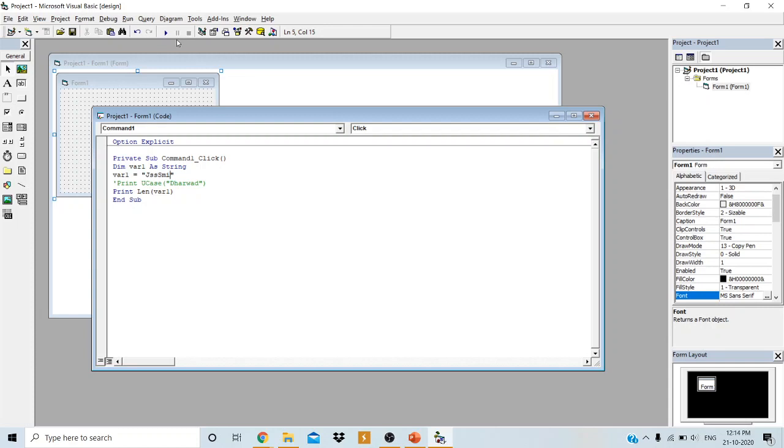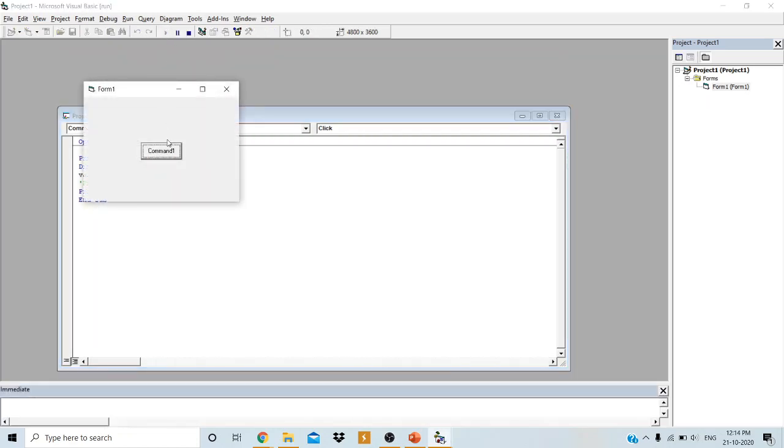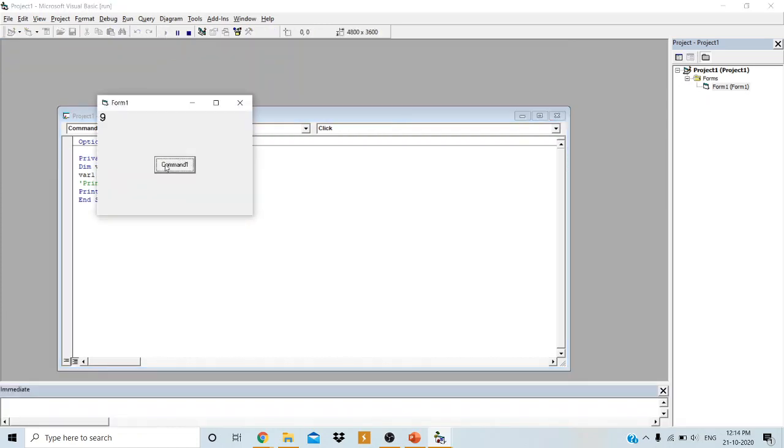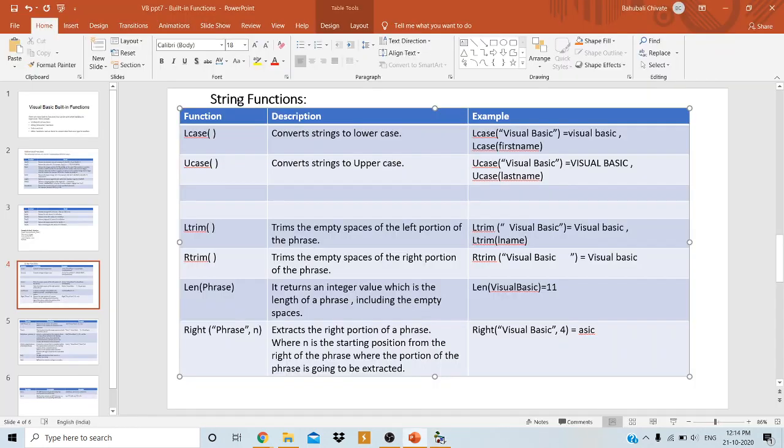So it has to print 6. If I provide spaces here, it includes the spaces also. One space at the end and one space at the beginning. So how many characters are there now? 9. So 9 it is displaying. That is nothing but the length of the string.